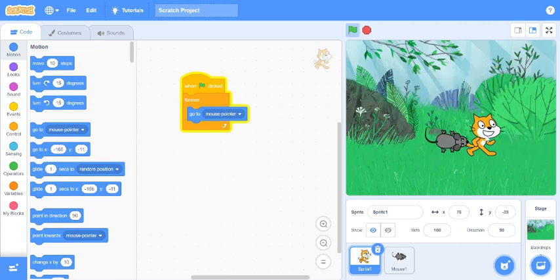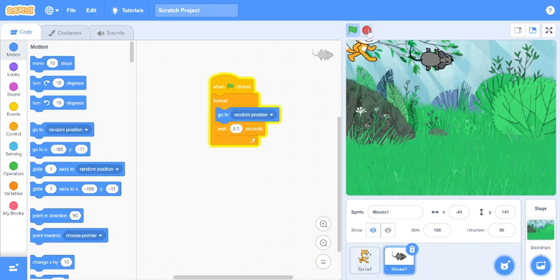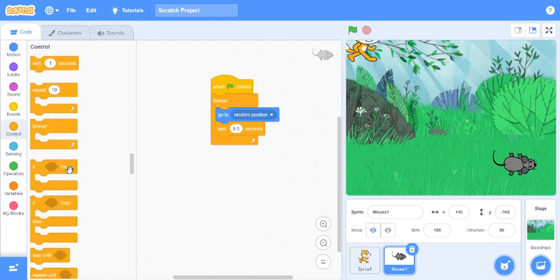So how do I catch the mouse now? So which instruction will catch the mouse? Let me just stop the game. So we're going to be having an if statement. If, because there is a condition here. That is, if the mouse is touching the cat. You know, to catch something, you must touch it. So if the mouse is touching